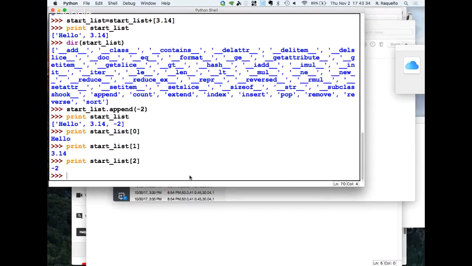Let's see what else. Most of the time, when you actually get data, it'll be in the form of a string. So let's start with the following. Numbers is equal to